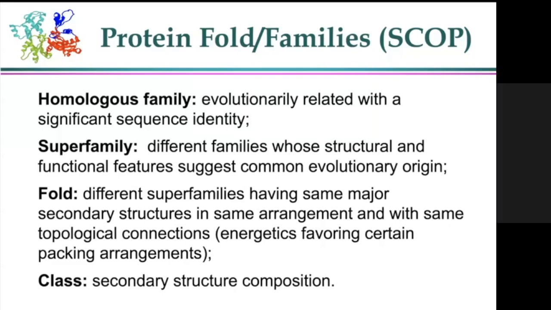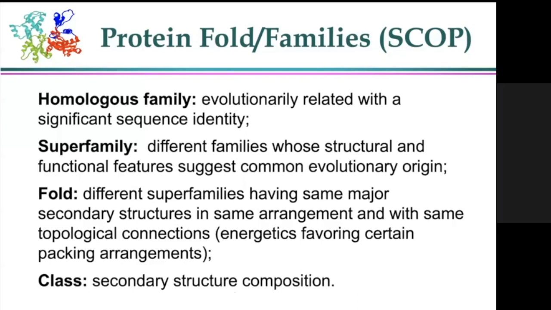This is so-called convergent evolution. That is, they came from different evolutionary origins, but happen to have some common features, in this case a common structure shape. And then the upper level is a protein class, like by secondary structure composition: